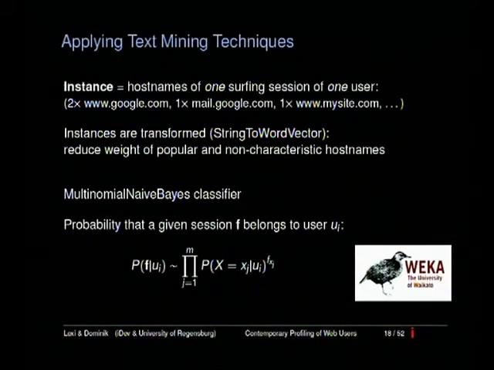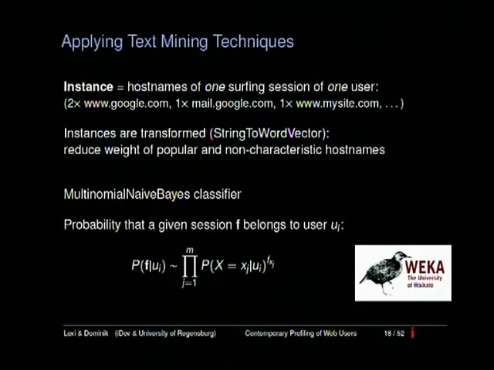And we don't have to do it ourselves, but we can use standard text mining tools like the Weka package, which is a Java machine learning package. And we just use all the tools Weka contains for text mining, like the string-to-word vector filter. The filter reduces weights and tunes the vectors in a way so that bad things are not happening and certain characteristics are removed. And then we can use the so-called multinomial naive Bayes classifier in order to classify texts or